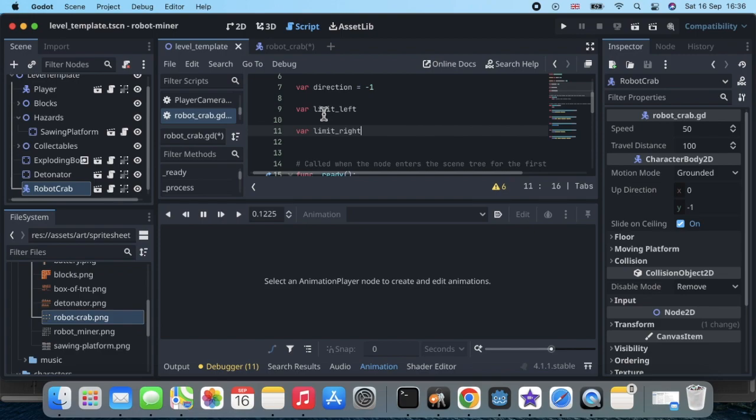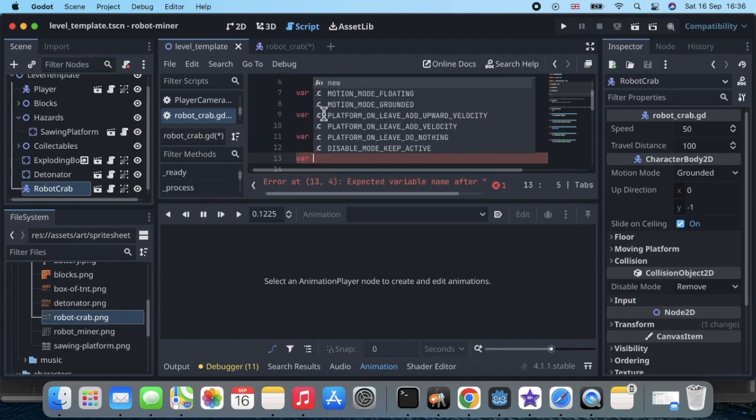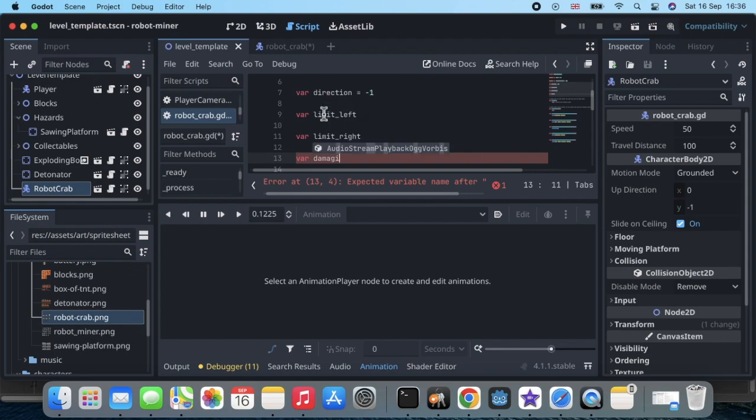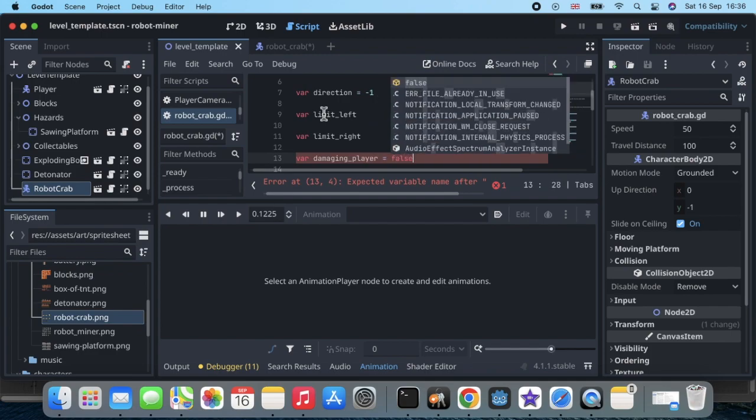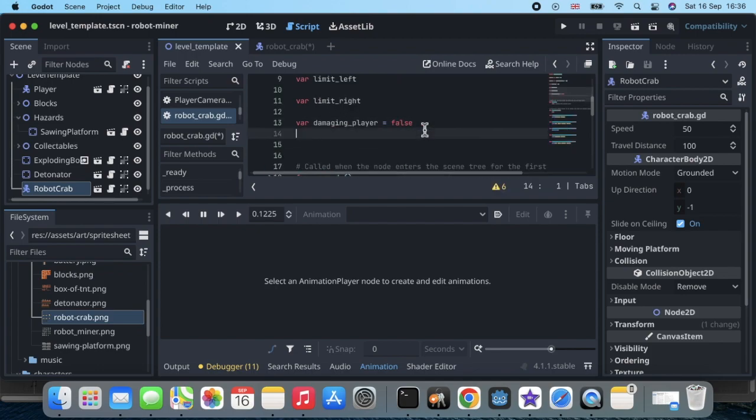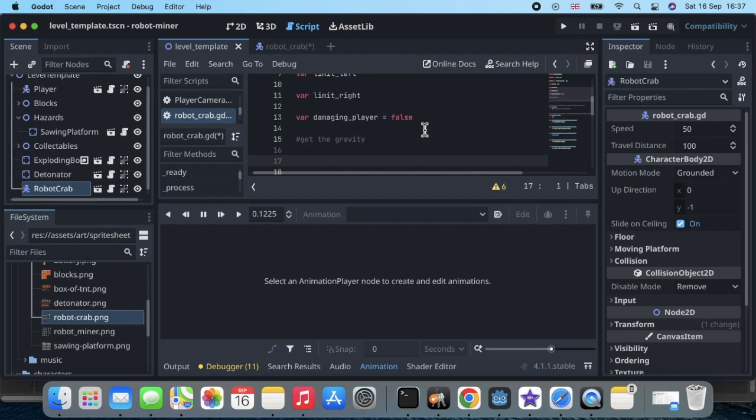So the next thing we need to know is if we're damaging the player, and that's going to be a Boolean. So I'm going to call it var damaging_player, and that's going to equal false because we're not going to be damaging the player when we first appear. Then we need to get the gravity. So I'll just put a little note. You need this hash sign. And I'm just going to write get the gravity. And we get the gravity from the project settings. So we go